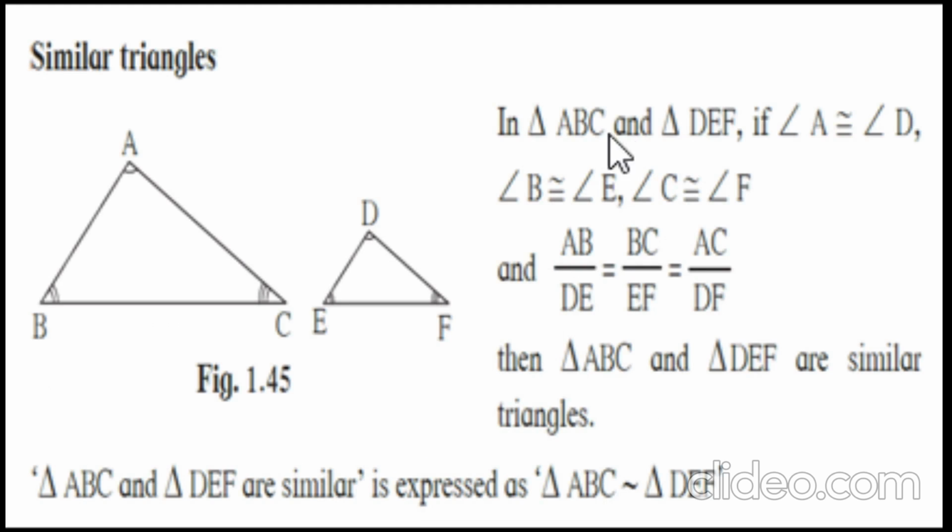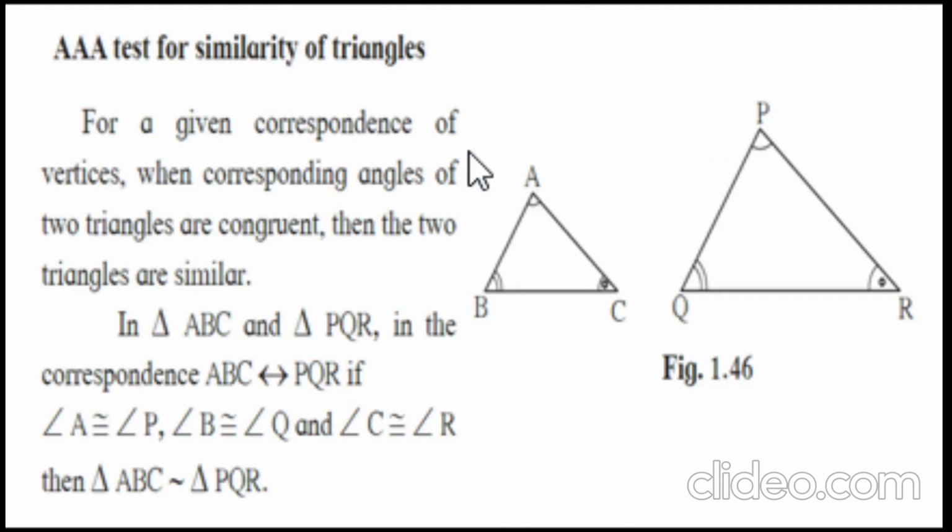See, these are six conditions. Condition number 1, 2, 3, 4, 5, 6. These six conditions are generally expressed when triangles are similar. So when we have to prove two triangles similar, we have to find only three conditions. These conditions are known as tests.